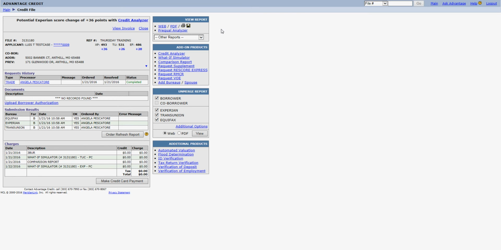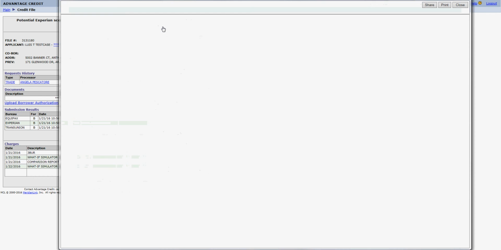Okay, moving on, let's go ahead and take a look at an actual credit report. You can do that by jumping up here to the top under the View Report section. You have two versions, a web version and a PDF. I always recommend using the web version because it's an interactive way of using the report. So you'll just click on the link